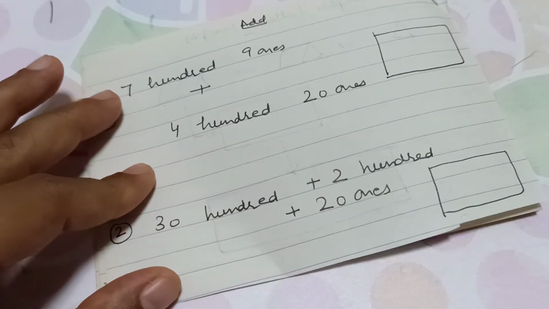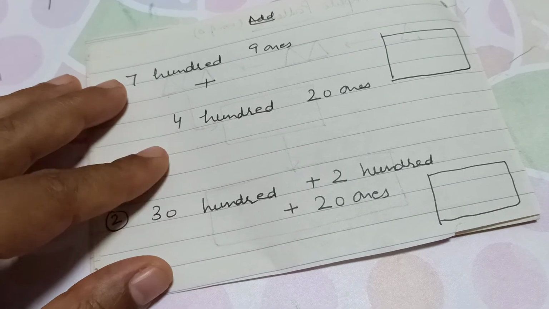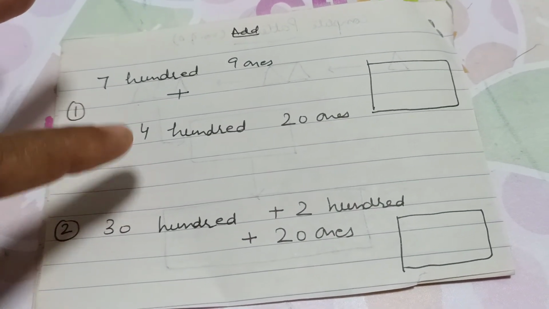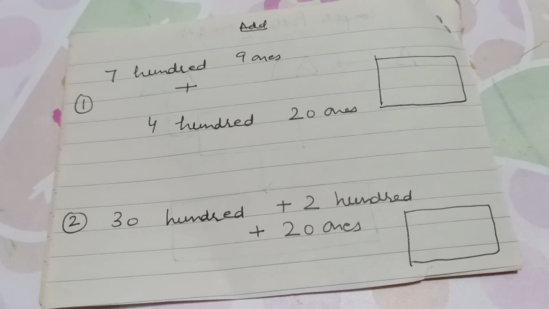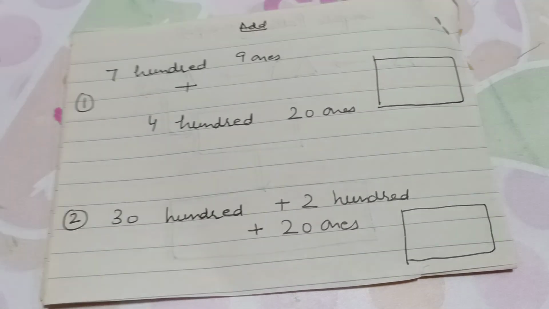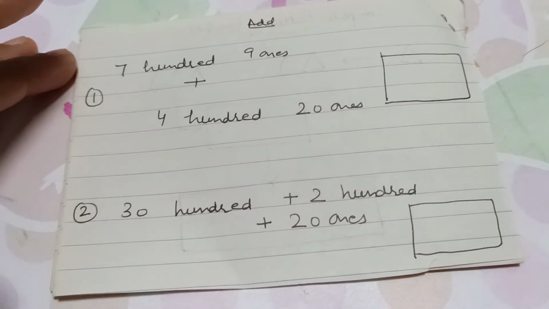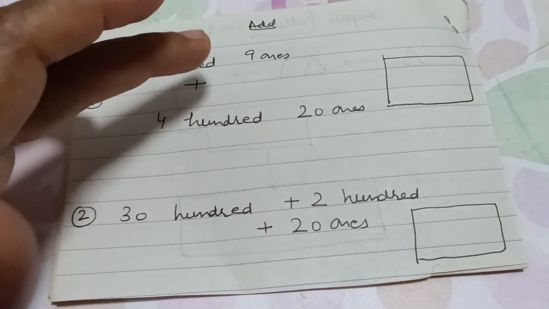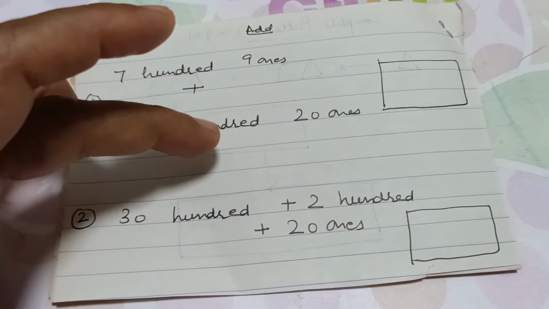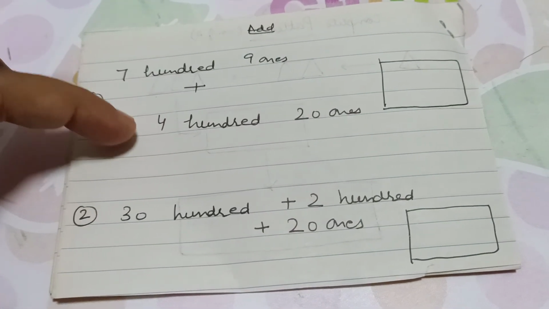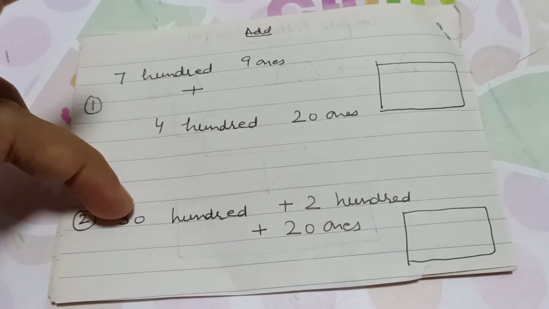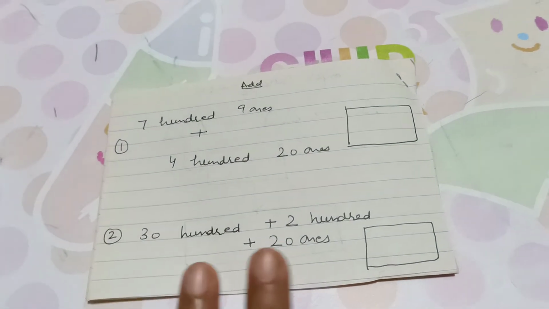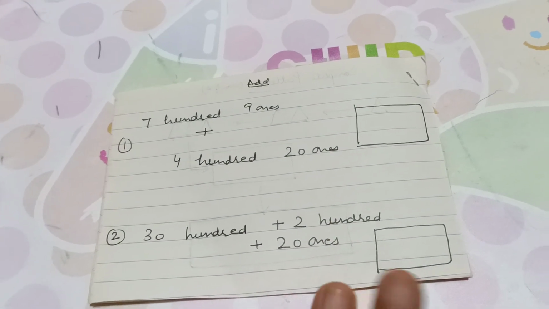Again, practicing hundreds and ones because I think she's good at it. She's really good at it. But when we go to thousands, we have not practiced much. Last year we just started thousands. I think in November we started with thousands, so we still have to practice this one. So 709 plus 420, it will go to an answer more than 1000. Here also 3800 is equal to 3000 and 800. Though she knows the concept, we have not practiced thousands, so that's what we are going to practice.